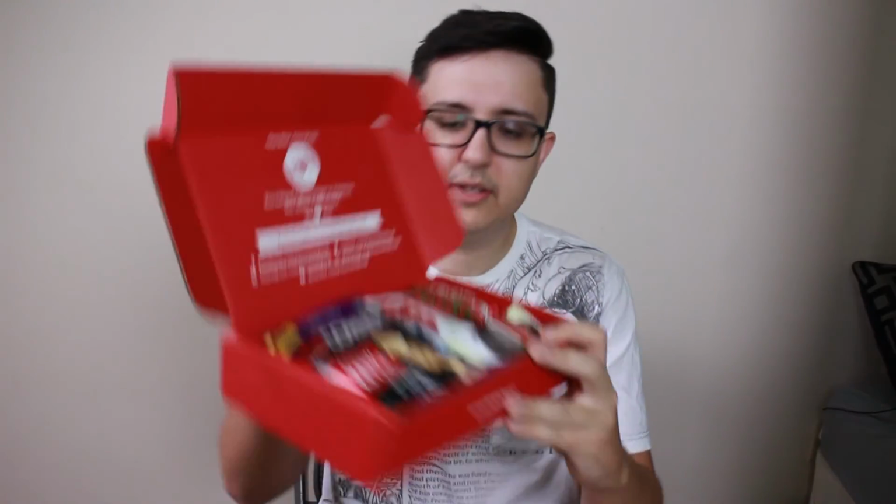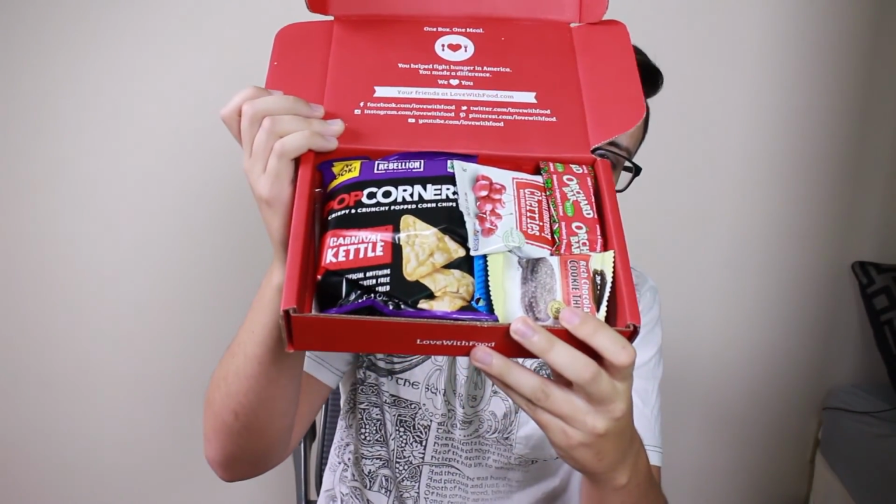So let's see if A, any of the snacks are good, and B, if it's worth the money I paid for it. Let's show you the inside here. We've got a variety of snacks. I haven't looked at them yet. Looks like we've got some chips, some interesting looking snack mixes and stuff. Tea crystal. We got some tea in here. All right, so the first snack we have is